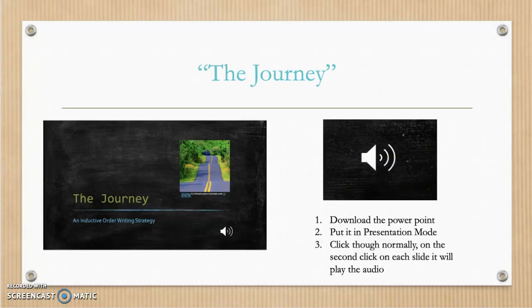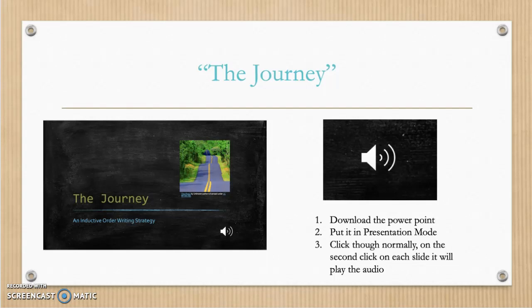Then this presentation is important because I did something a little bit different. This is a longer presentation, so I knew that it would be longer than 15 minutes, which is what Screencast-O-Matic gives me. So I decided to try using the insert audio button in PowerPoint, and it worked really great. This is just a plain old PowerPoint, but I have inserted audio on every single slide. So it's sort of like the Voicethread, except there's no interaction. It's just you going through and listening to each slide.